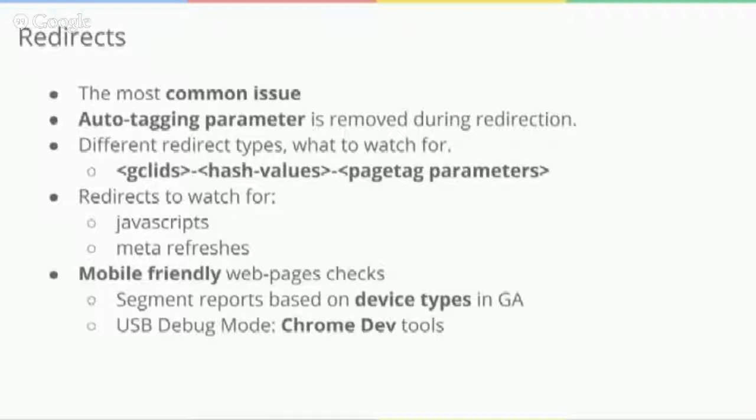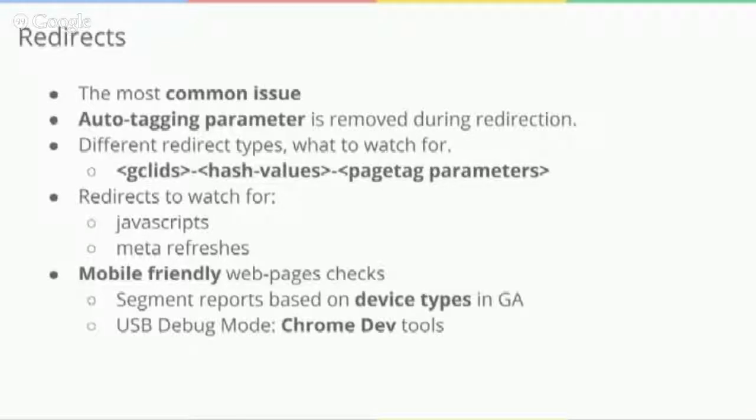The trouble is that what AdWords does is it tends to look at the destination URL you specified in AdWords, and we append the auto tagging parameter, the GCLID parameter, to the end of that URL. So what happens is if the URL you specify in AdWords has a redirect that forwards a user to another page for whatever reason, sometimes that parameter gets lost or it gets modified along the way. And when that happens, that causes all sorts of issues for Google Analytics in terms of the way we attribute the session back to a particular campaign.